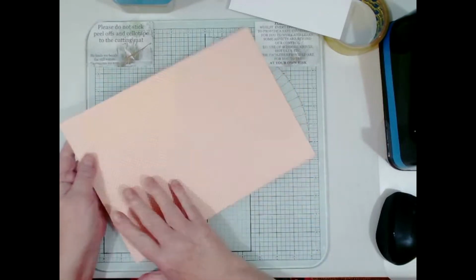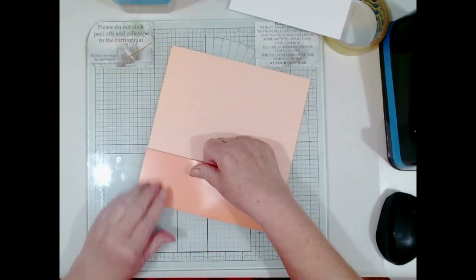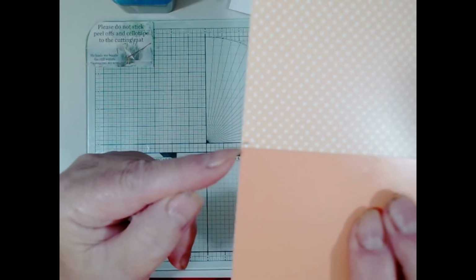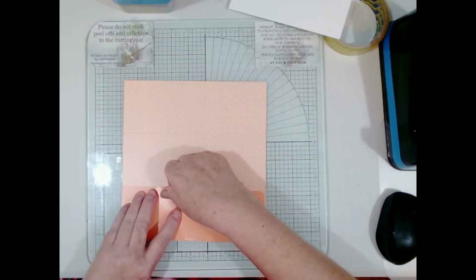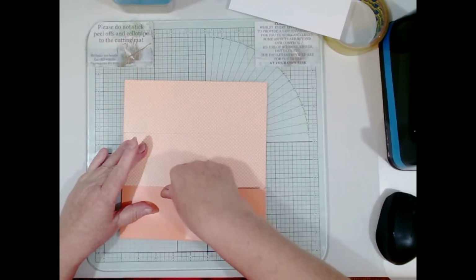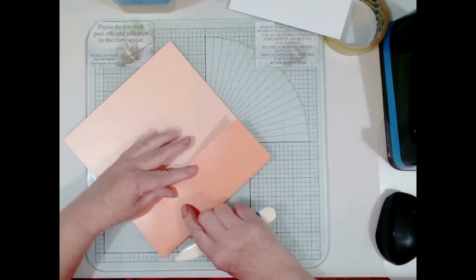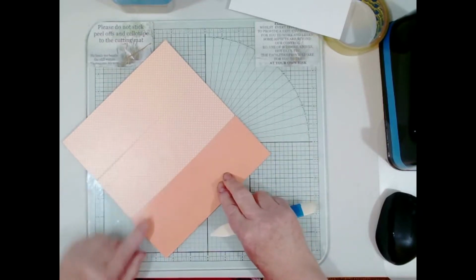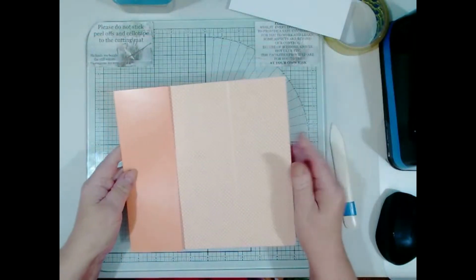So what we can do now is put the scoreboard off to one side, and we're going to bend this, but I want to bend it so it comes to there. If I can show you on here, I am a little bit short of my mark, so I'm going to just pull it, put my thumb on the outside, and with my bone folder I'm going to force it down the middle, and if I can come up close now, you'll see I'm virtually on my line. So I'm going to take this one now,